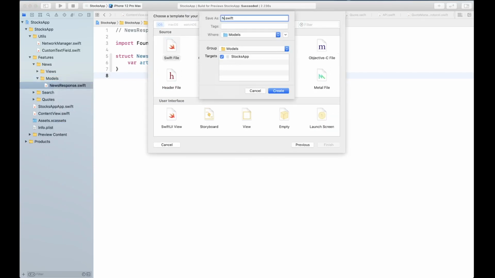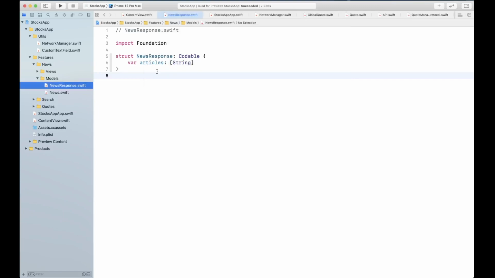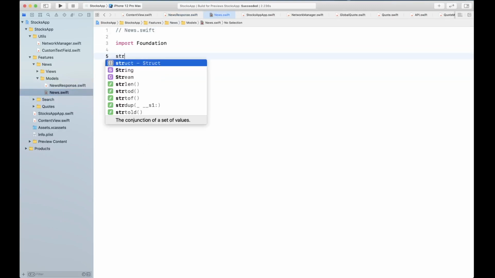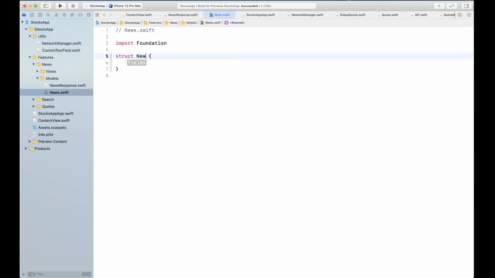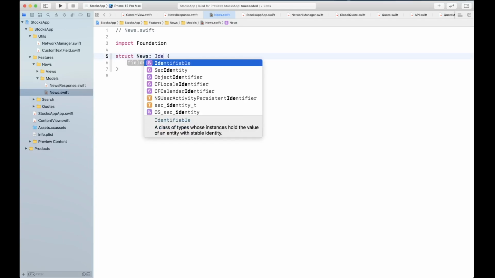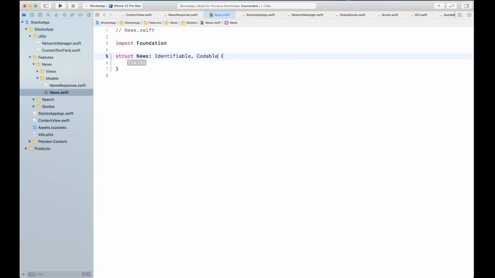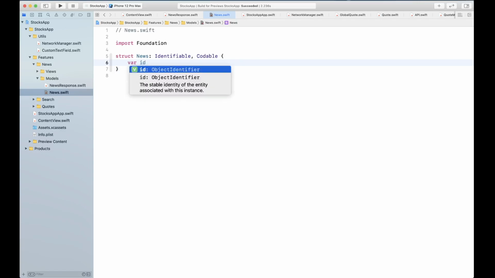We're going to call this one News, and this news file is going to be a News struct, which is going to be Identifiable and Codable. First, we're going to create an ID to satisfy the Identifiable requirement, and this is going to be a computed property with UUID created.